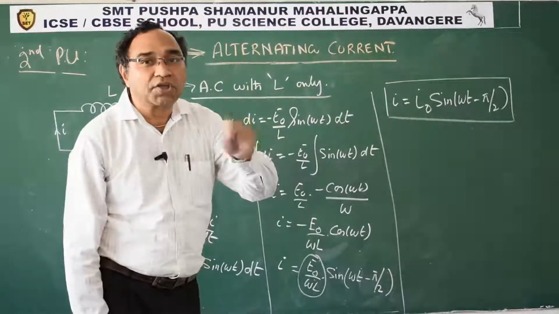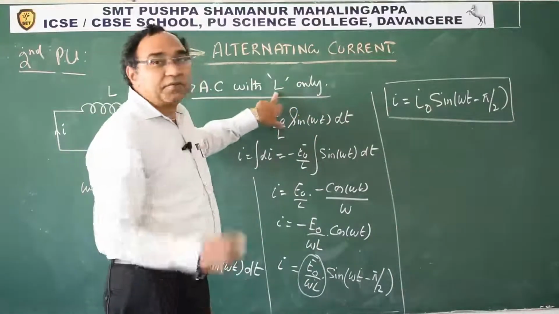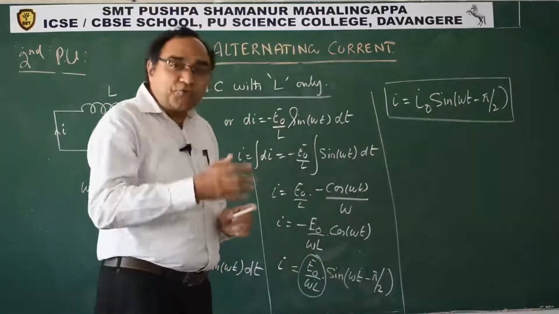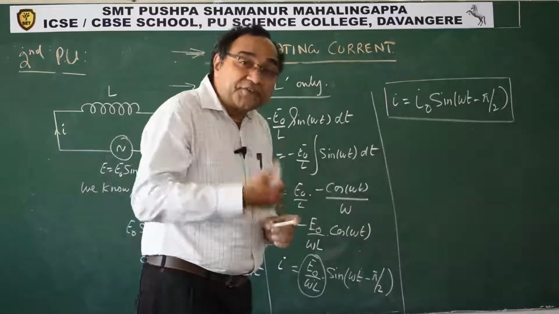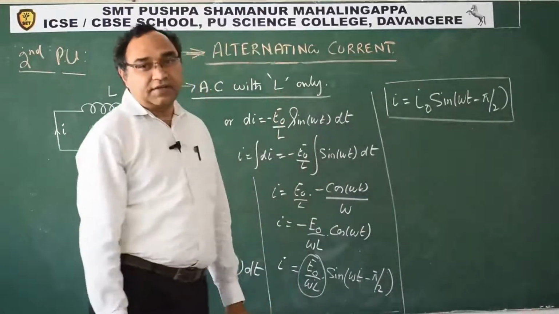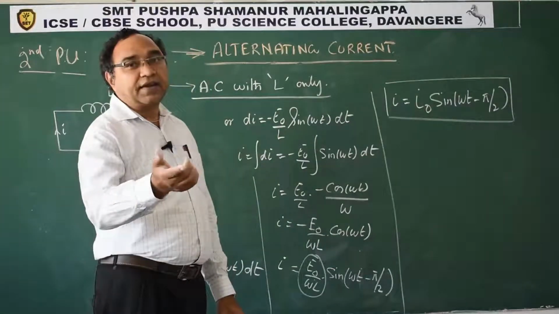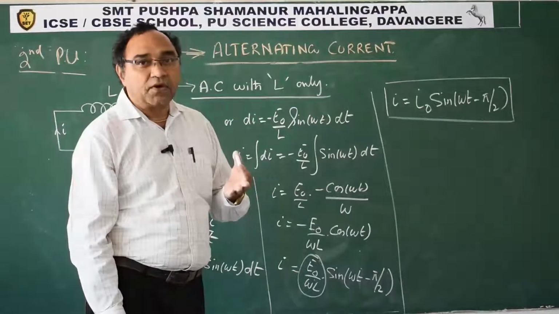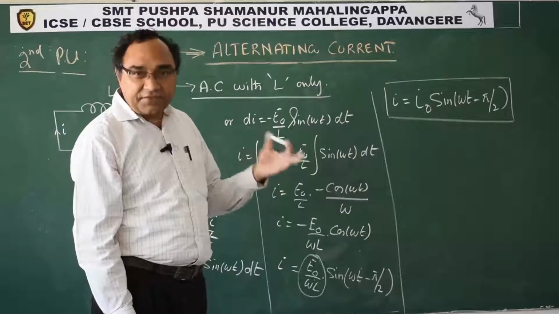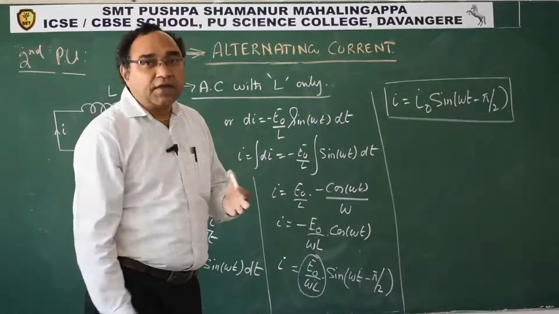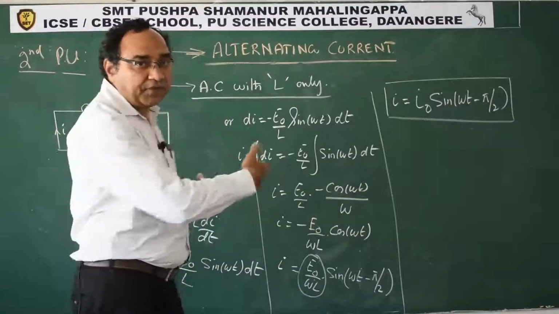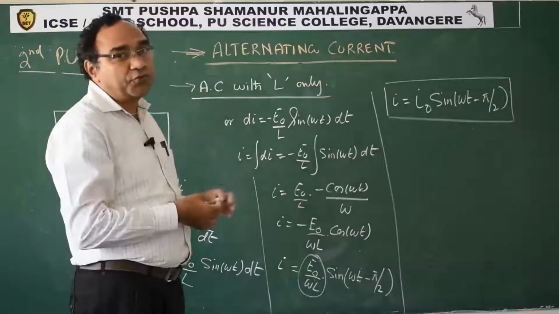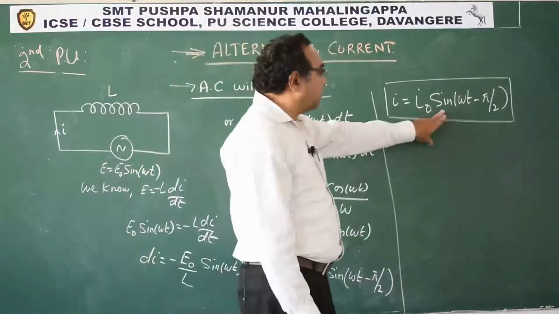This is called blocking current. So L is capable of blocking AC. If we want to use some device which can resist AC, then use an inductor. That is the reason why in practical life, in tube lights we are using an inductor. Why? Because the supply given to the tube light is AC and you want to block it. If you put a resistor, it is not going to block. We have seen that in the derivation. So what is to be put? We have to use an inductor. That is why a choke coil is used in tube lights. Why? Because of this reason.